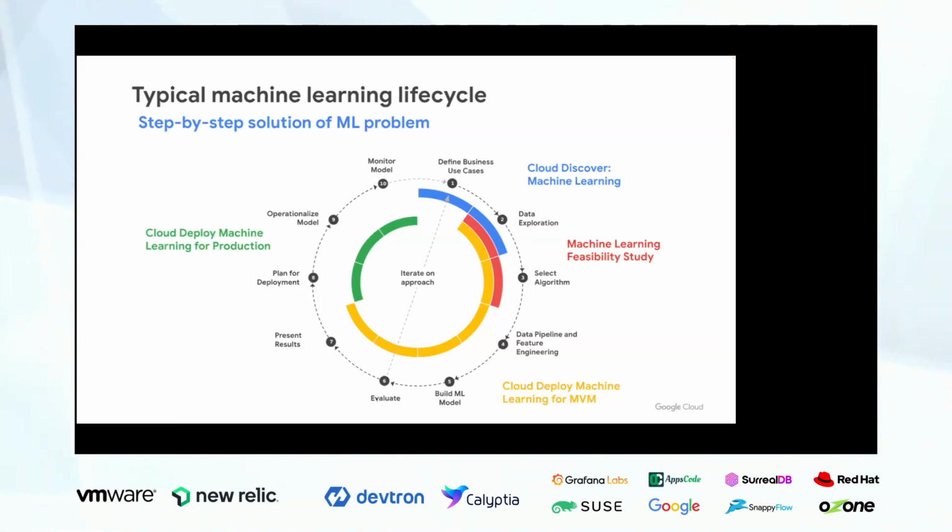Then obviously the evaluation is important. You then present the results to the business stakeholders and get their feedback. Post that feedback, you plan for deployment, and then you operationalize your model. Finally comes the model monitoring part, which is important, just to understand if the model is working fine and you're not experiencing any drift in the model. So it's an iterative approach, and it's not an easy approach. It requires a lot of effort and time, and a lot of hands-on from different teams.